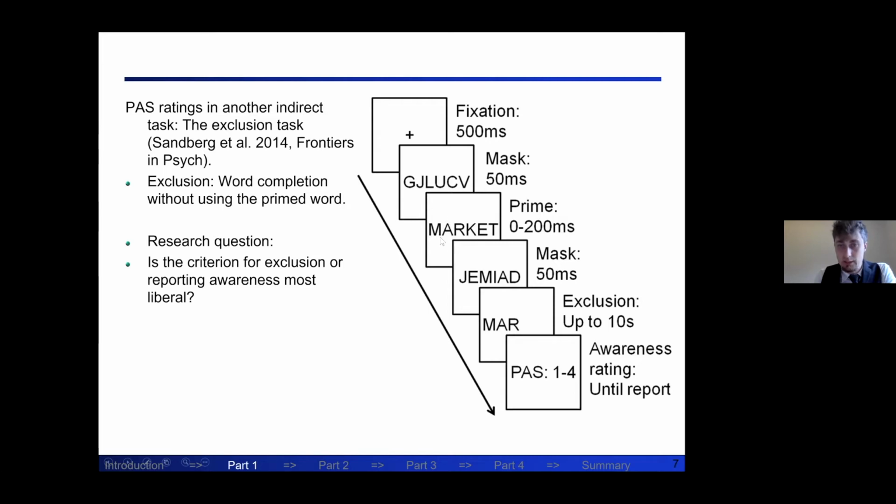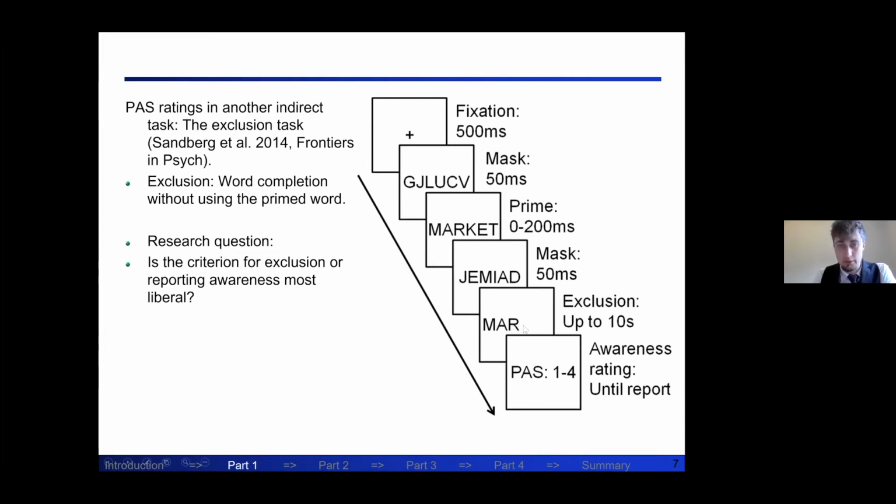You present a prime, and you can mask it, forward and backward mask in our study, and then you present a word stem. If it's what is called an inclusion task, you're supposed to write the prime, so you write "market". This way, you're both primed to do it, and your overt decision is also working in that direction. But if instead you do an exclusion task,